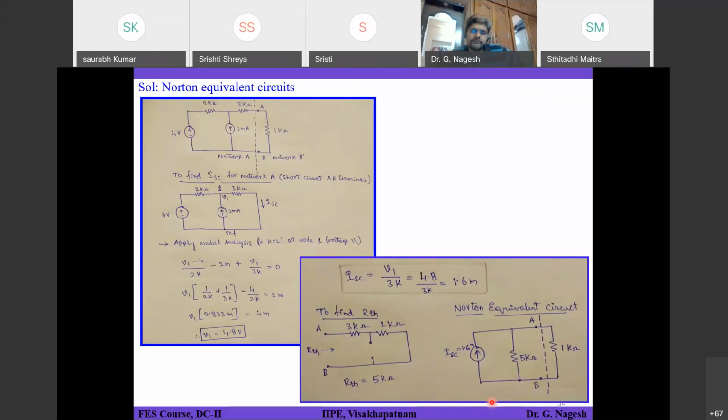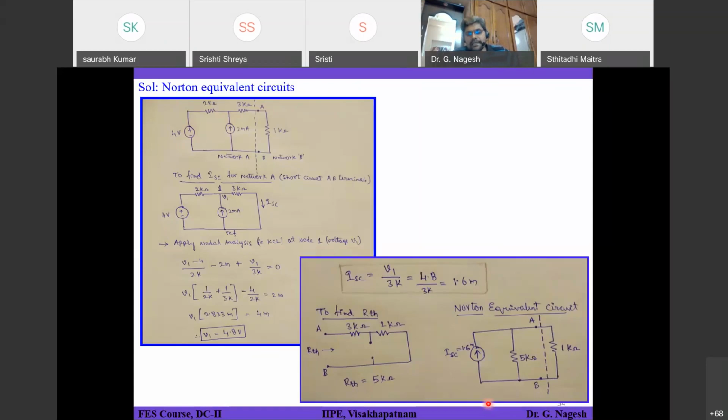In that scenario, you have disconnected the A and B terminals. A and B terminals are open circuit, and all the voltage sources are short circuited. All the current sources are open circuited. So there is no independent source to force current to flow in your circuit. To find out RTH in that scenario, you will assume a 1 volt source. You will connect it intentionally between terminals A and B, and find out the current flowing from terminal A into the network.